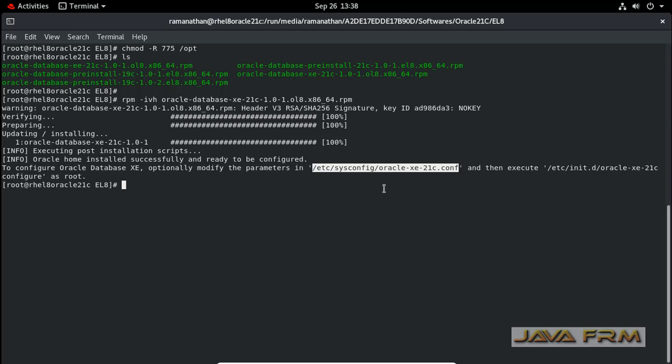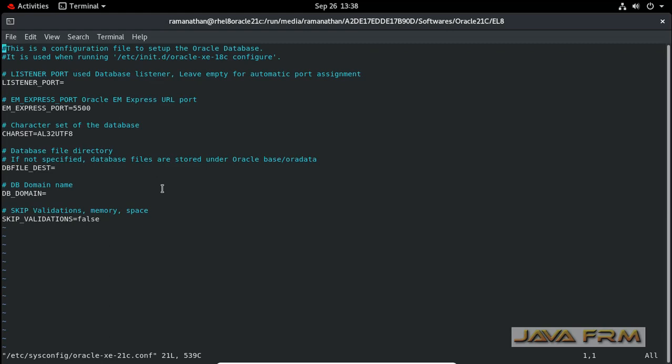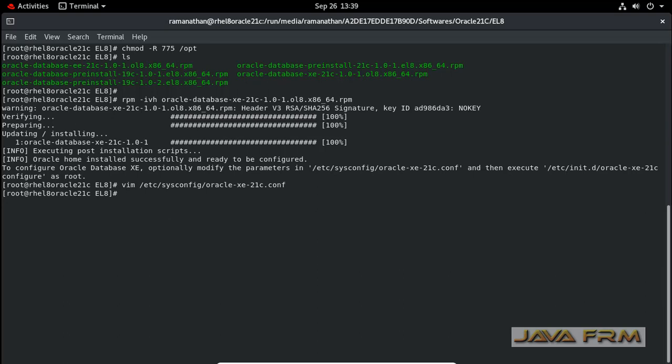I am going to open this file. You can see the listener port, Enterprise Manager Express port, character set, db file destination, db domain, and skip validation equal to false. Let it be the default parameters; I am not going to touch any. If you want, you can modify the optional parameters.